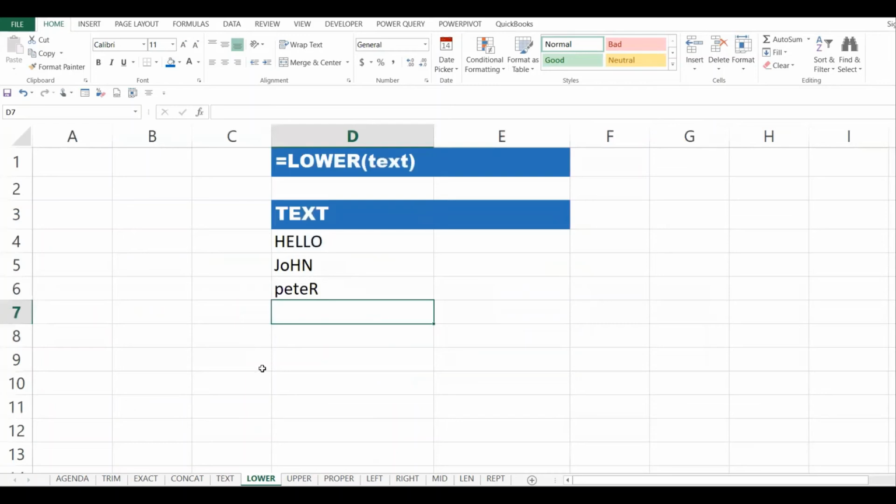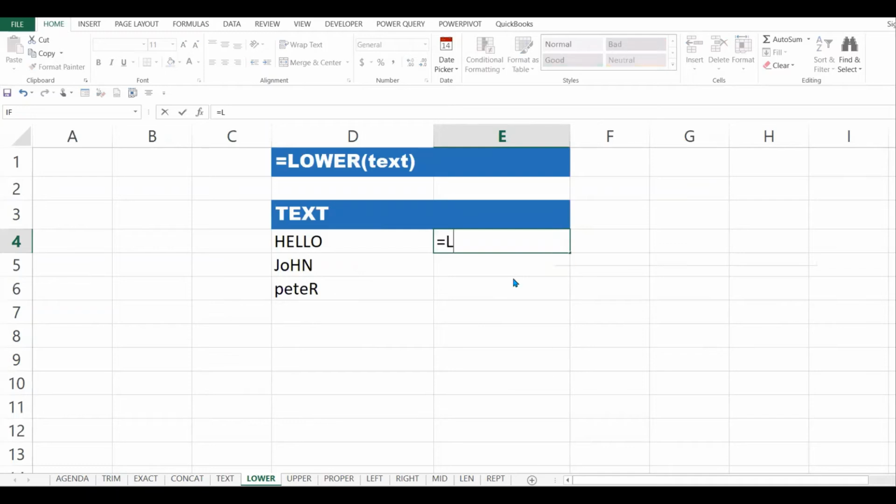Next is the lower function. What does the lower function do? It takes one argument and it changes a text which is in capital letters into small letters. So you see, this is capital changed into lower letters, like so.